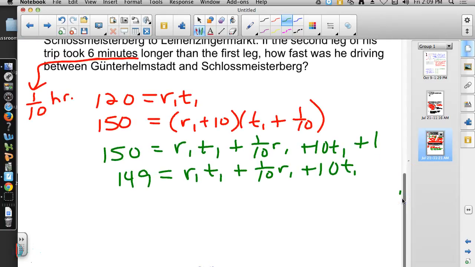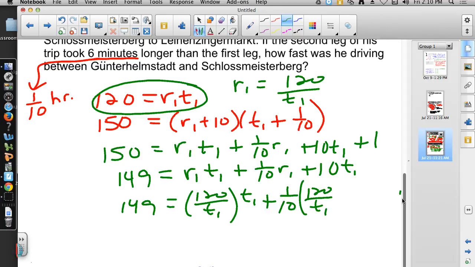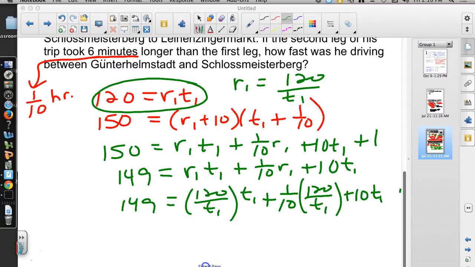Well, a couple of things. You might say, first I want to multiply this whole thing by 10 to get rid of the decimals. Or you could say, you know what, I'm going to do some substituting in here because I haven't used my first equation yet. So if we're solving for r sub 1, it would be 120 divided by t sub 1. So 149 equals 120 over t sub 1 times t sub 1 plus 1/10 times 120 over t sub 1 plus 10 times t sub 1. So what I'm going to end up finding here is time. So I just keep going and figure out